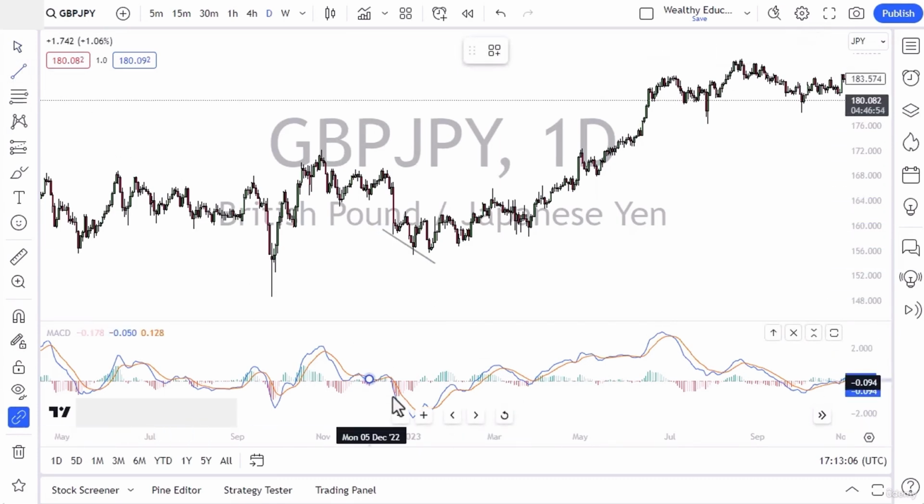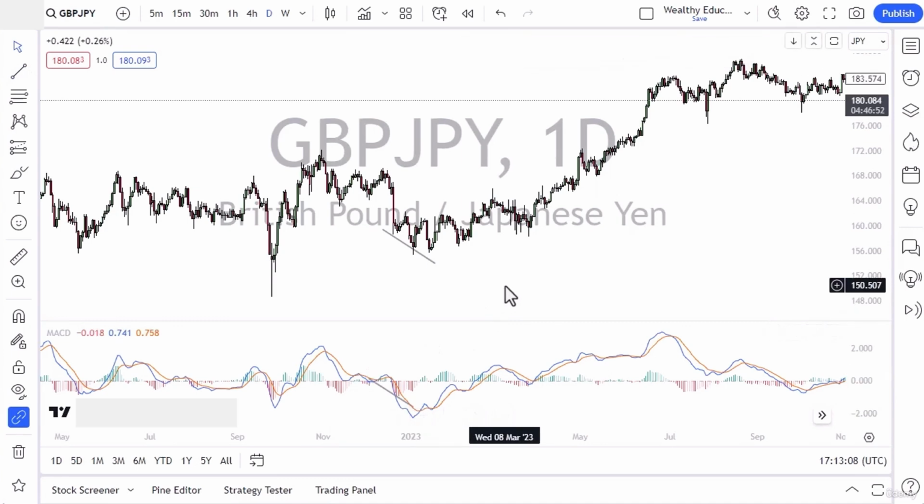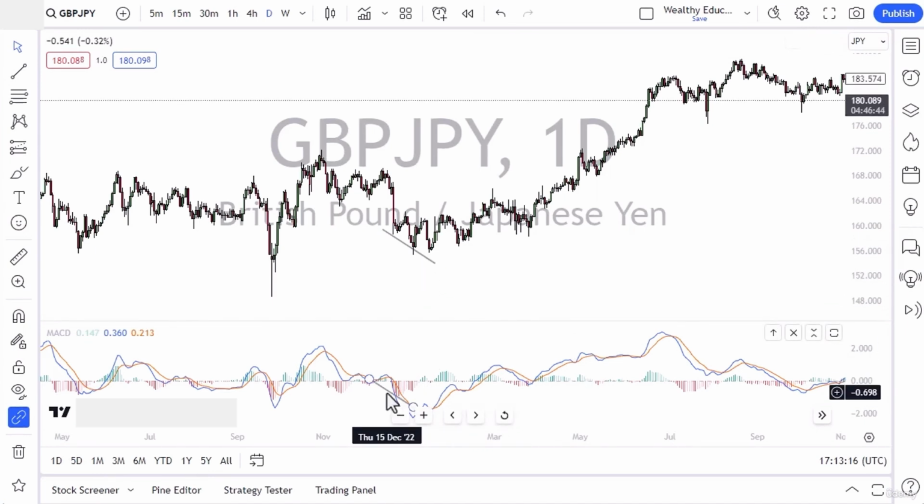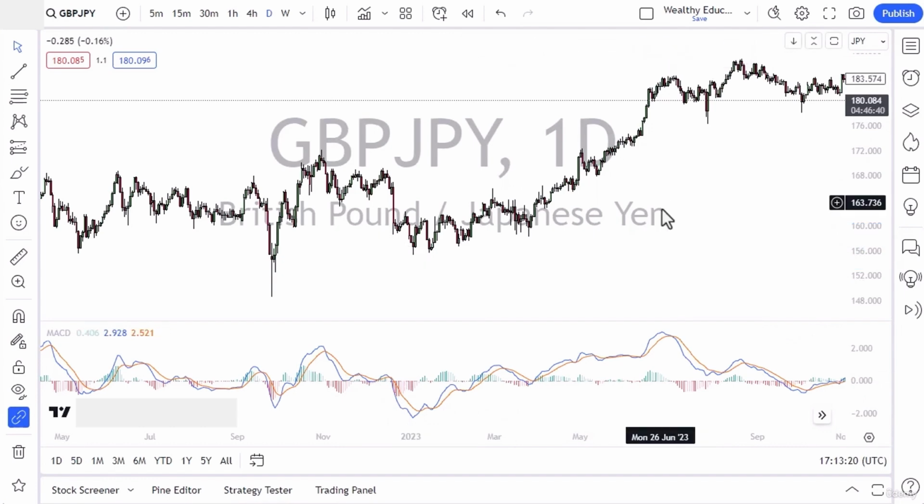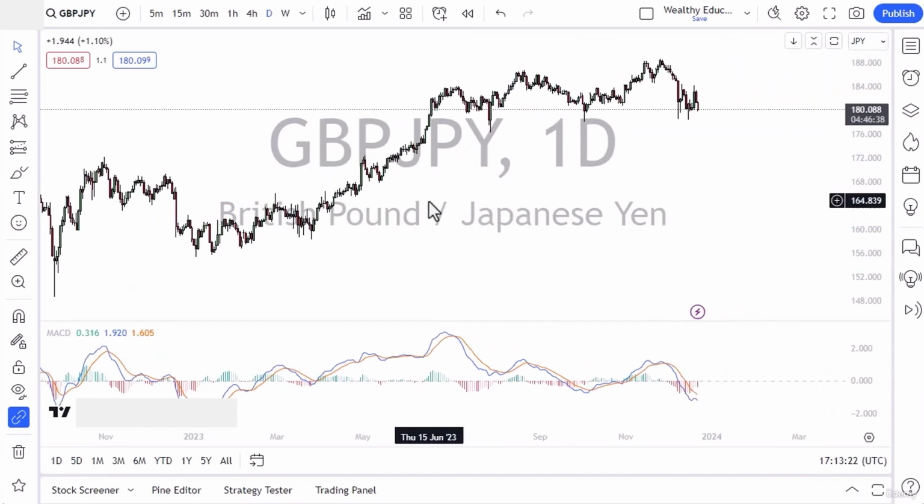Over here, this would be bullish divergence. We're falling, right? But notice how we're turning here and we're still drifting. So as the MACD starts to turn more positive, it is bullish divergence. This is a good indicator to use as a secondary indicator. So for example, if you have like a candlestick formation or a support level,